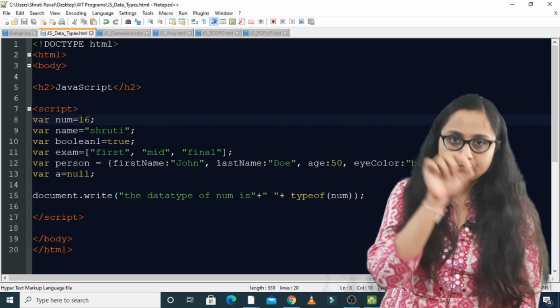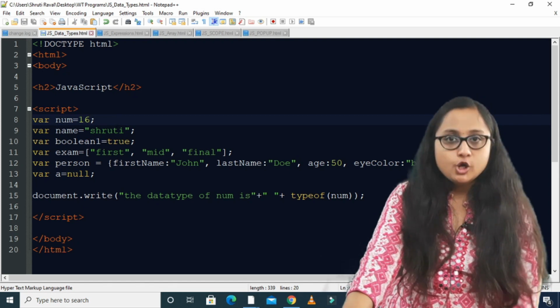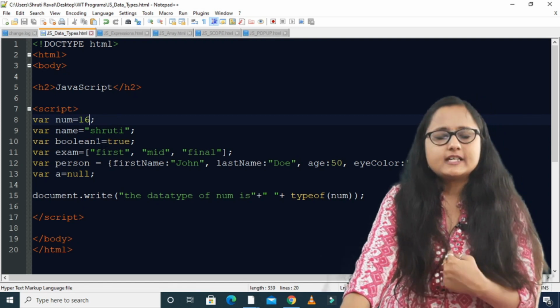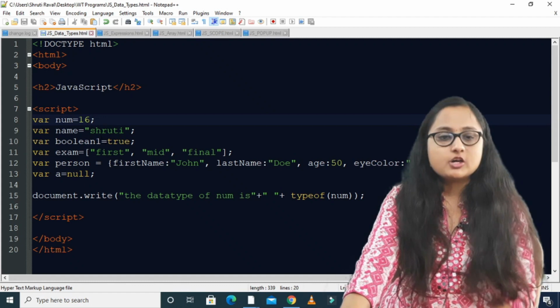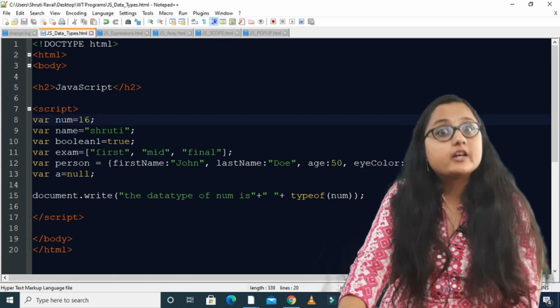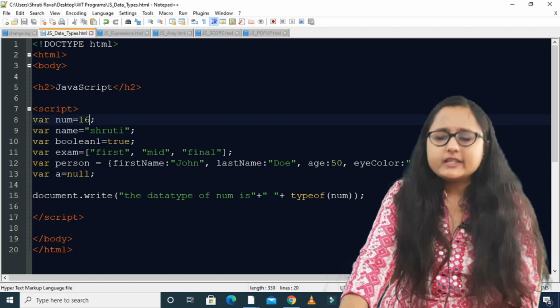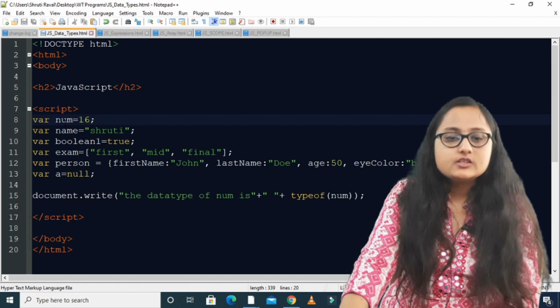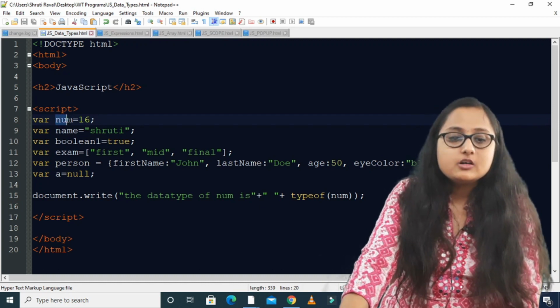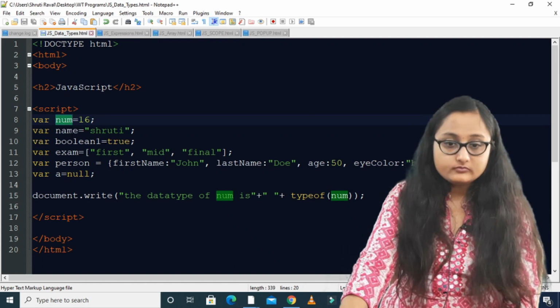of data to num. What is the type of data that I have assigned? 16. So 16 is of which data type? Yes, it is number. So this num will take which data type? It will take number data type. Explicitly I have not written number here, but whatever value you assign to this variable becomes of that particular data type, right?